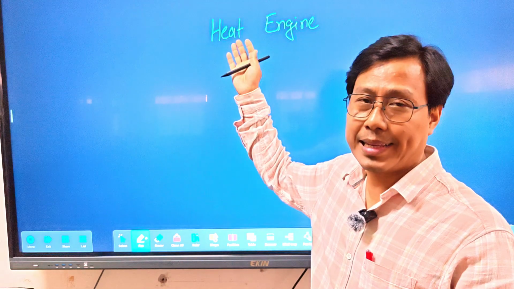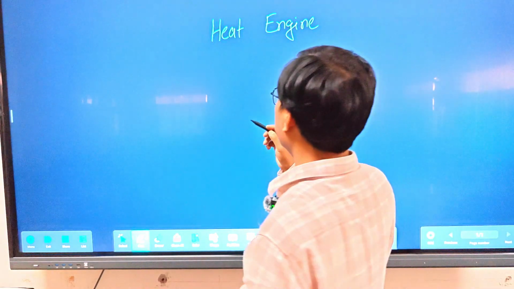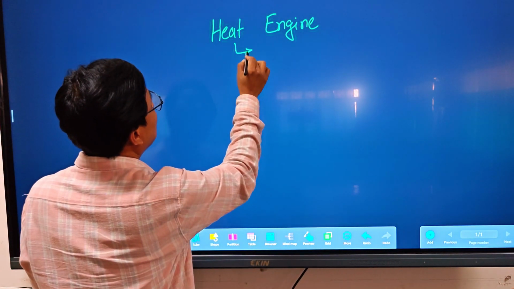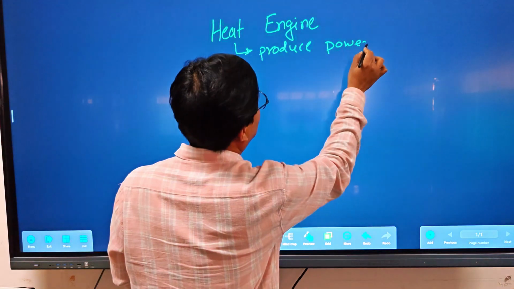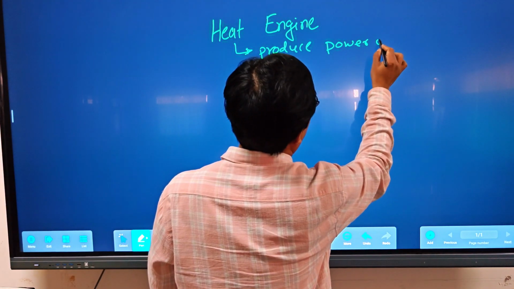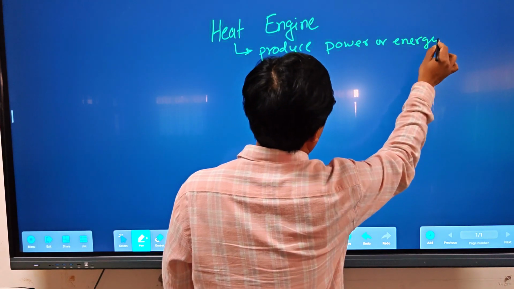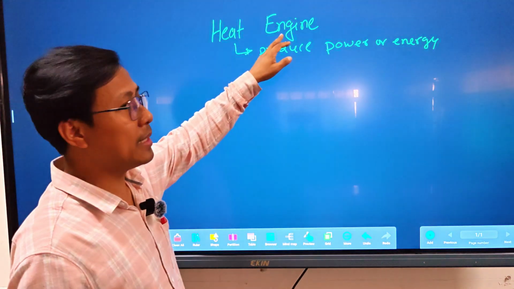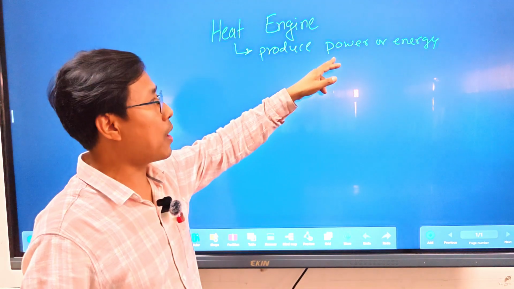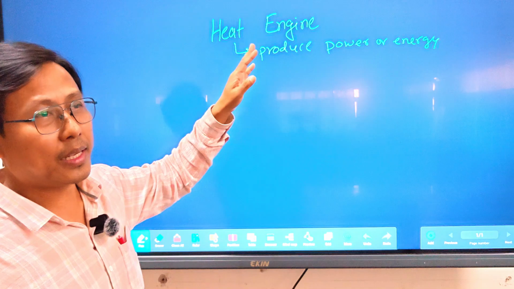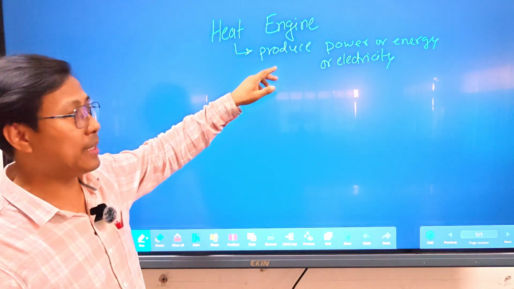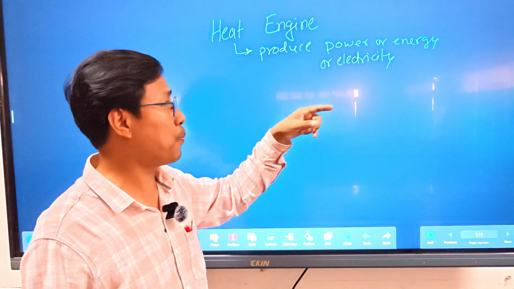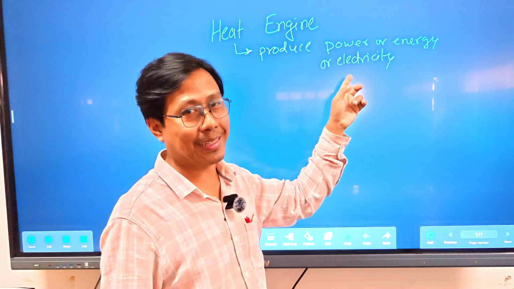The purpose of this heat engine is to produce power, to produce energy by using the heat. So heat engine is to produce power or energy. Clear? So basically heat engine is used to produce the power or energy, which is very important in our daily life. So basically this engine or this machine is a device which is producing power, energy or electricity from the